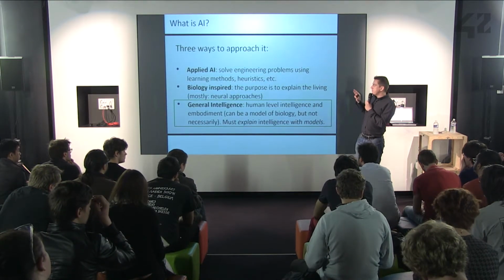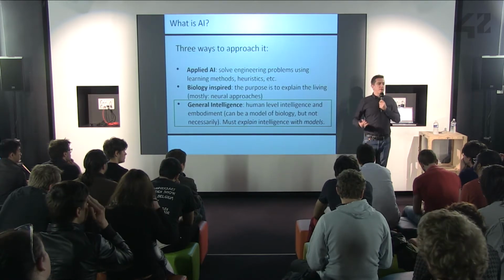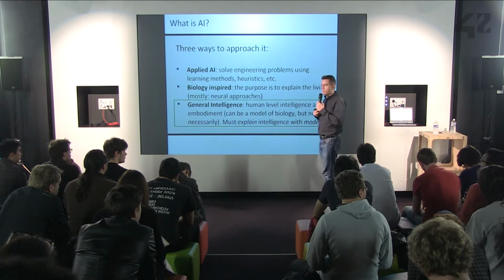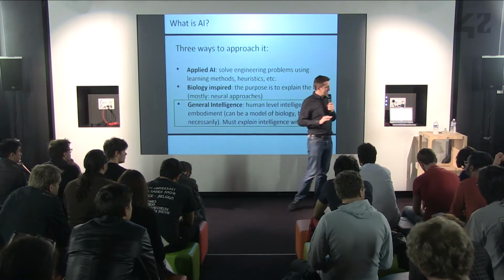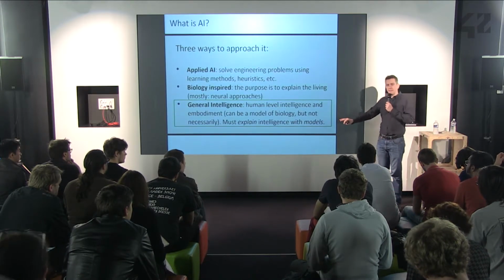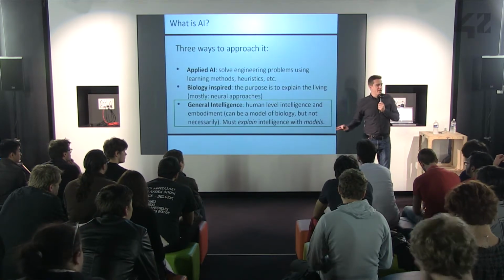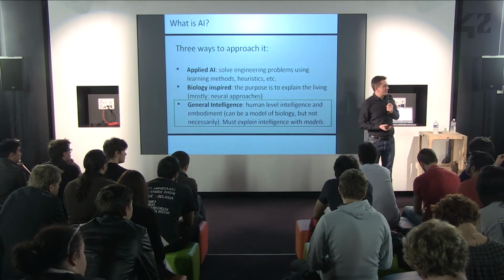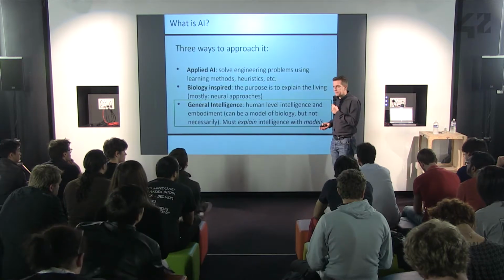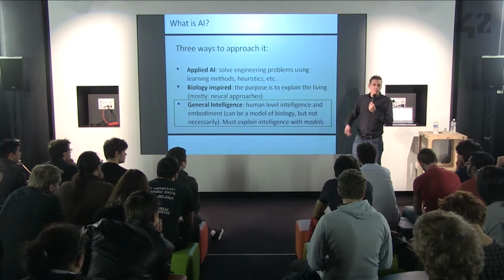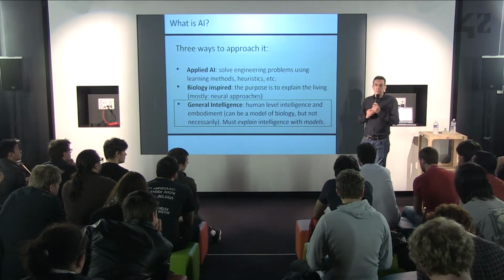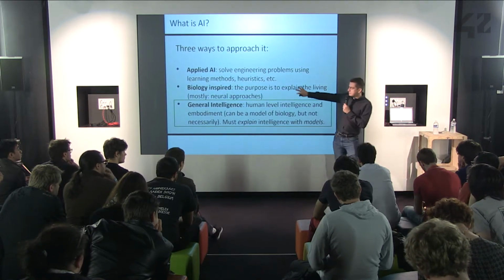This is meant to explain the living by creating a model of it and running this model and seeing that you have a brain that works the same way as the real brain. Doesn't mean that you will be able to explain anything. If I create a brain in a computer that is working fine, I don't necessarily understand much better what's going on inside this brain, right? Because it's probably the result of millions of interactions that I'm unable to track. So this approach